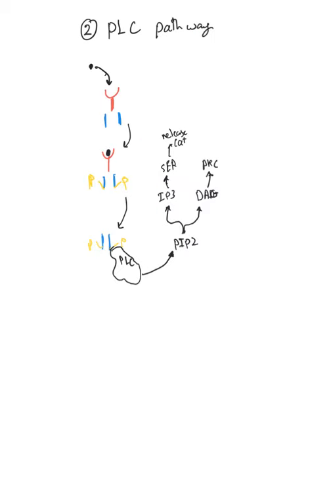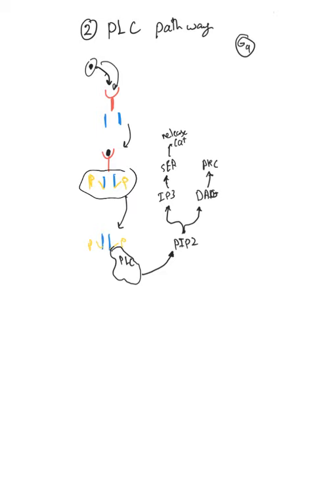So the second pathway is the PLC pathway. It's kind of the same as the Gq pathway from the G coupled protein. Remember, from the G coupled protein, it's the same pathway. So a ligand goes into the receptor, and when it does, it causes the phosphorylation of the subunit of the receptor, making it activated. And after the activation, it will go and bind to the PLC,